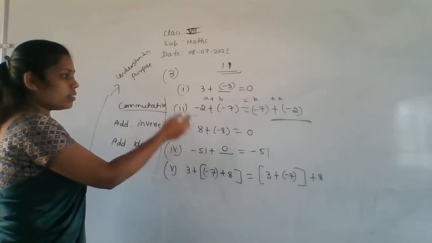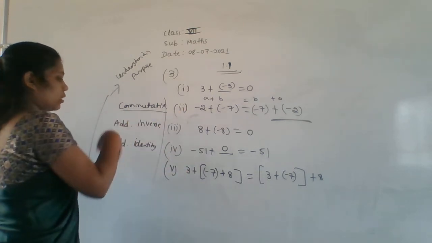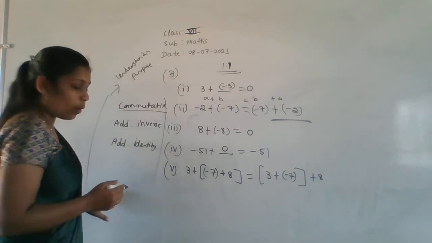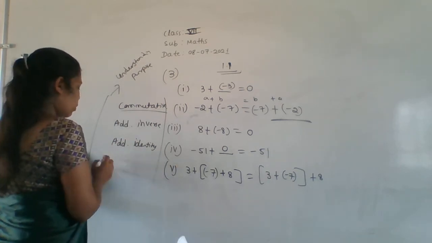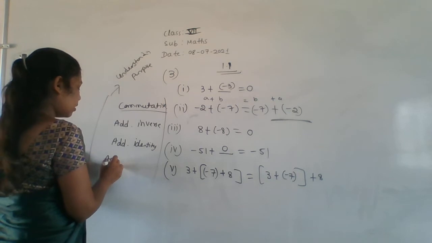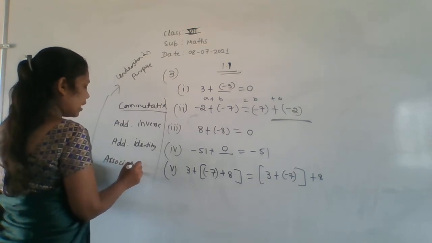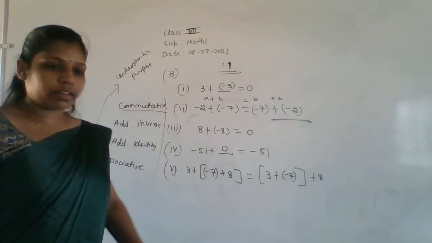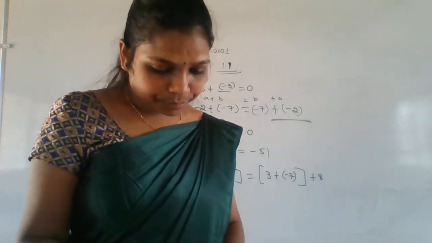Whenever you are writing all these things in a CW, don't write all these things. Only for your understanding purpose I am writing these. And which property do we use in the fifth one? That is associative. In rough you can write these properties, but in CW don't write these properties. So next one is the